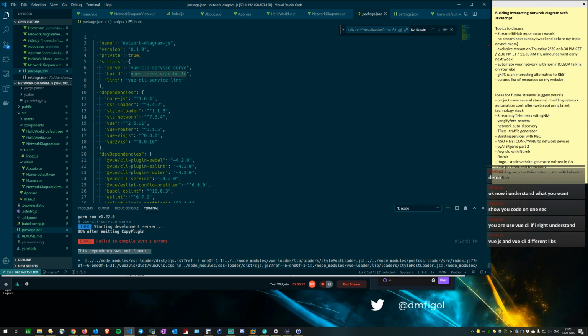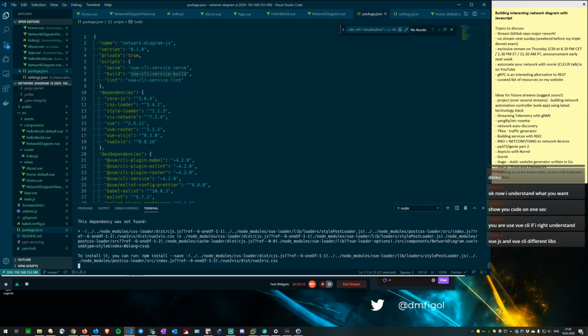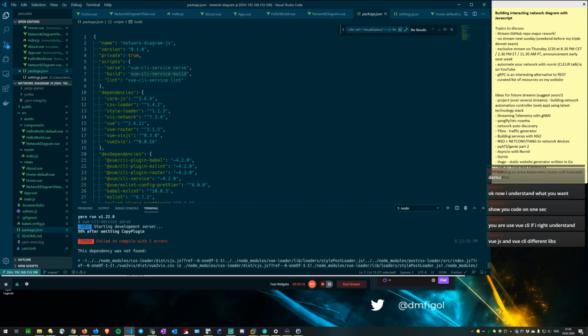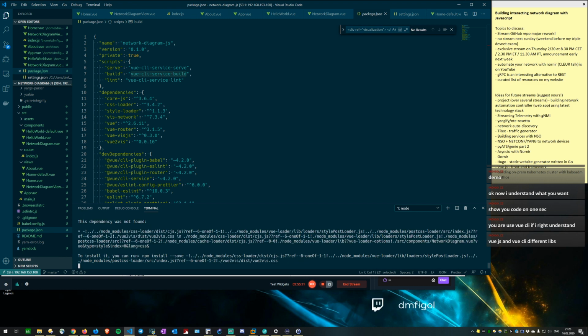Honestly though, these kinds of errors are insane. Some weird path or something. I don't want to run this. I don't understand what this means, why this path is so weird. Try to use